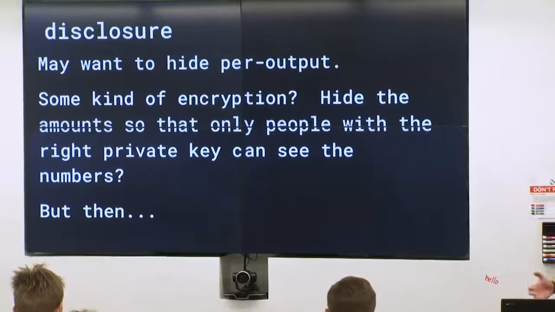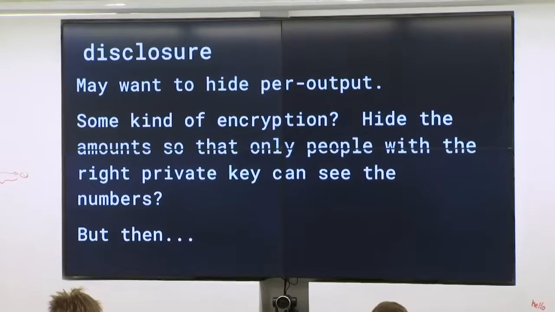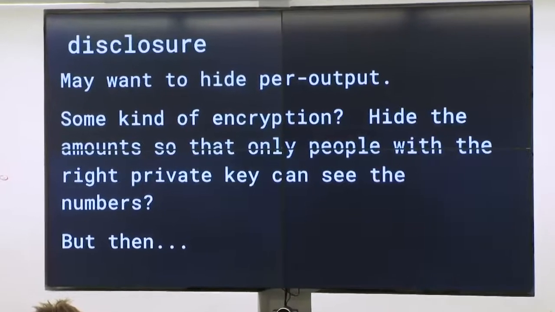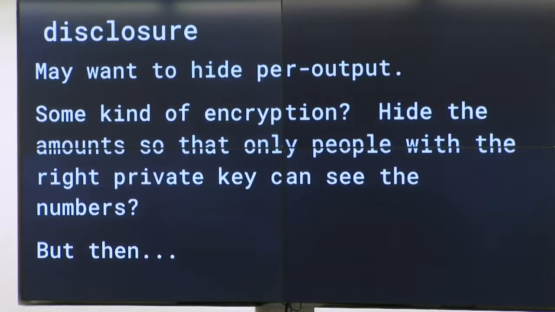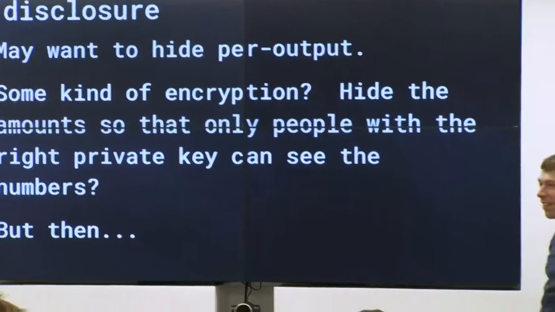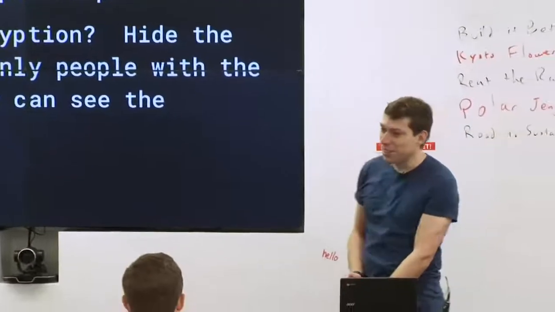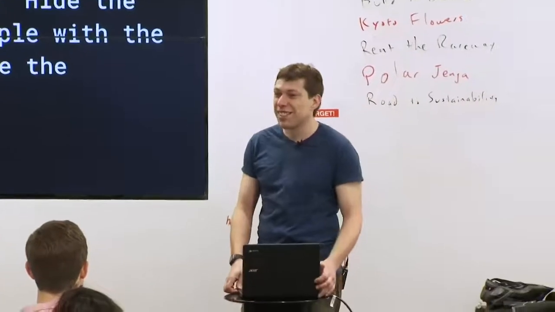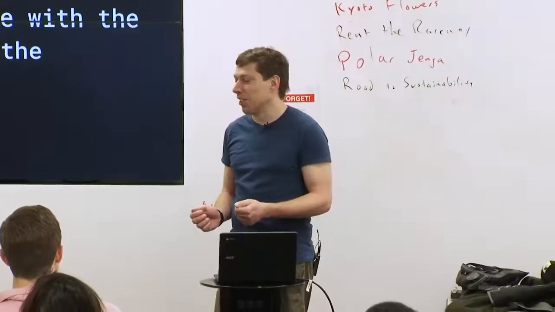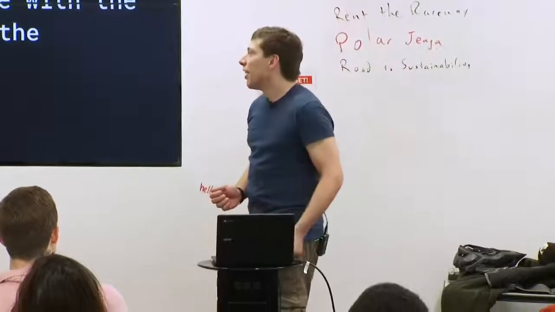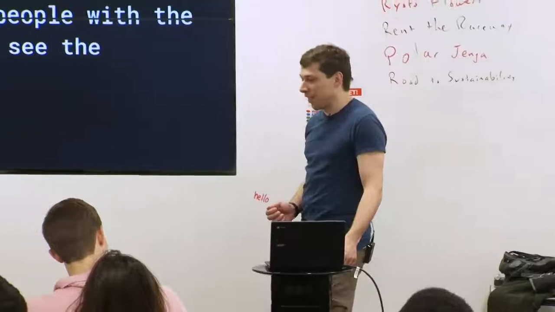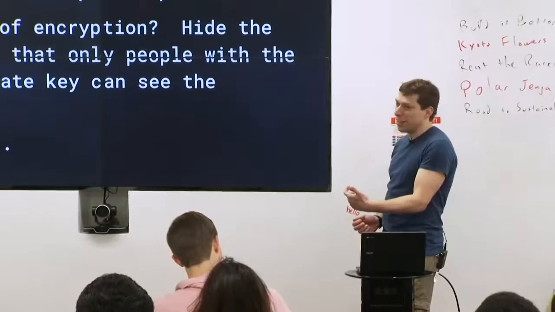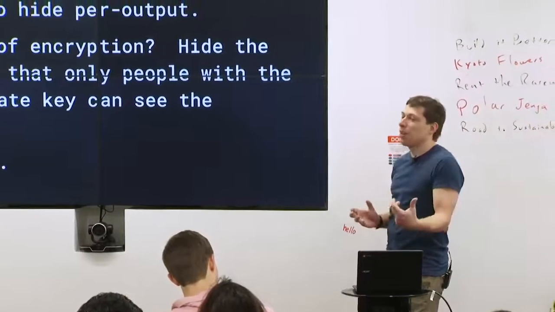So, any ideas? Some kind of encryption? Hide the amount so that only people with the right private key can see the numbers? Right? So actually I don't think I've even talked about encryption ever in this class because there is no encryption in blockchains. If you read something about blockchain and it says blockchain is encrypted, you're like, no, they don't know what they're talking about. So I haven't actually defined encryption, but encryption is generally, you have some kind of private key, you take a clear text, you do some